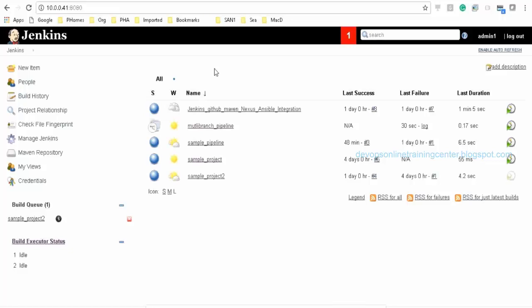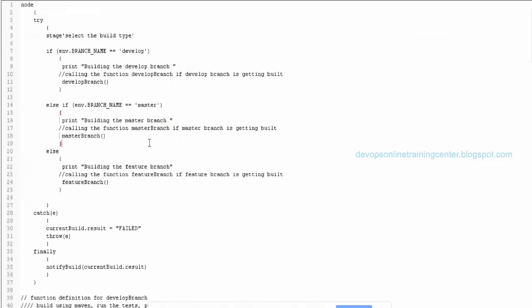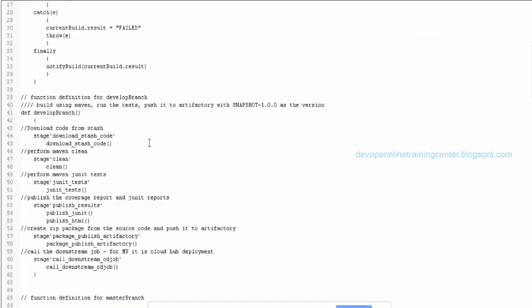Santosh, with your Groovy script, what was the source code you were using? We were using something called Stash, that is like GitHub, that will actually download the same thing. Same thing it does. It's almost like GitHub.